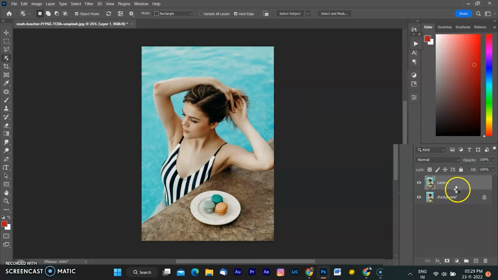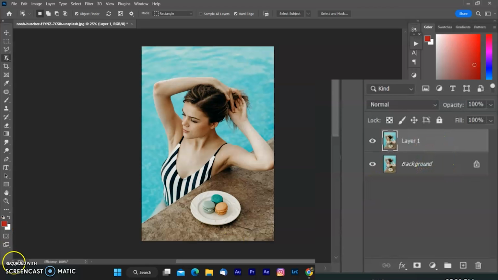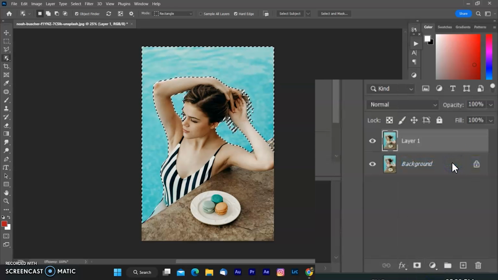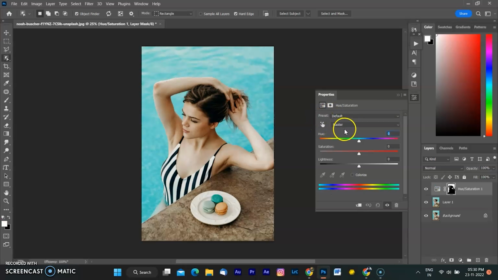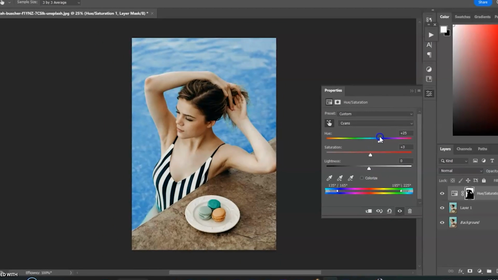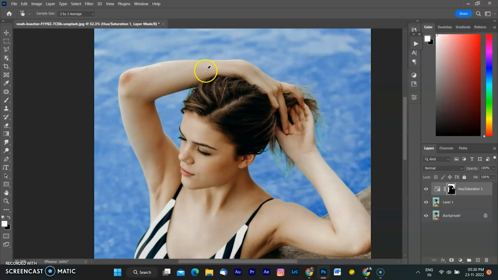In this picture, water was already detected by the Object Finder. As I hover the mouse on the water, selection is shown by the color overlay. On this selection, I am creating a new hue and saturation adjustment layer. By doing so, a mask was created and only selected area will be affected by the adjustment. I am changing the color of the water by adjusting the hue slider. Only the watercolor was changed and the rest of the picture was not affected because the object selection tool got even better in detecting and making selection like water and sky.